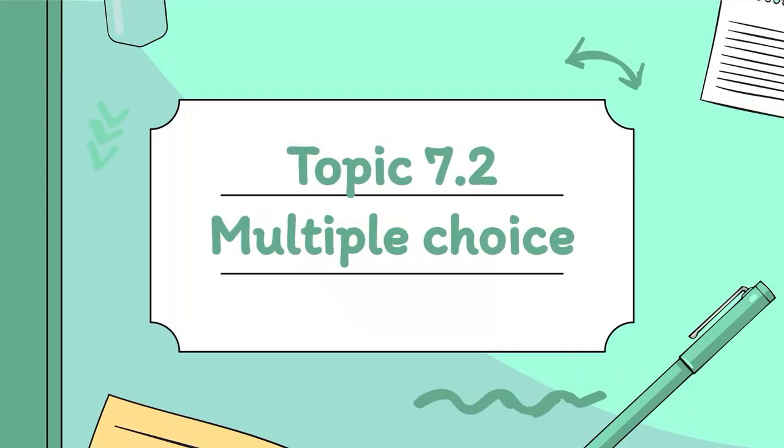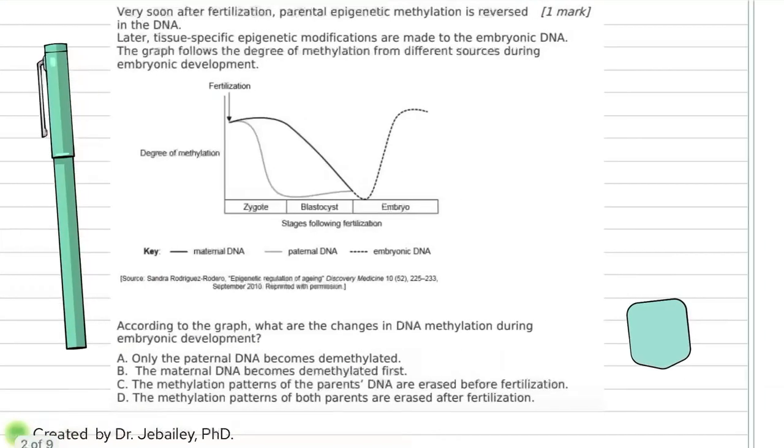Hi, this is Dr. Jabali, and in this video, I'm going to focus on topic 7.2, which is about transcription. I'm going to focus on past IB exam papers related to paper 1, which is multiple choice. So here in the first question, it says, very soon after fertilization, a parental epigenetic methylation is reversed in